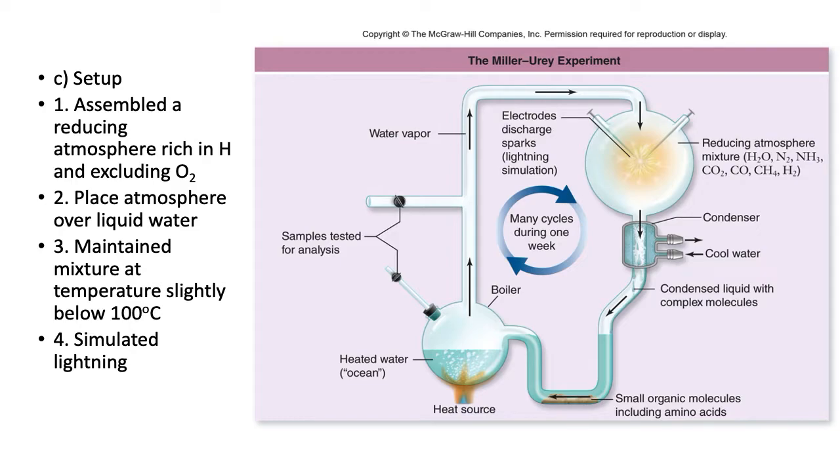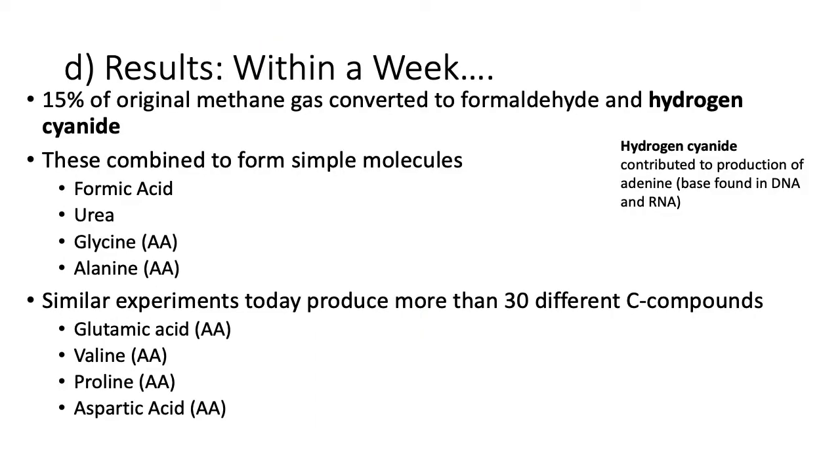Okay. So just within a week, 15% of the original methane gas converted into formaldehyde and hydrogen cyanide. Now I bolded hydrogen cyanide because hydrogen cyanide can be used to make adenine. And adenine is a base pair, or nucleotide I should say, found in DNA as well as RNA. Now if you take formaldehyde and hydrogen cyanide, you can combine those two to form even more simple molecules